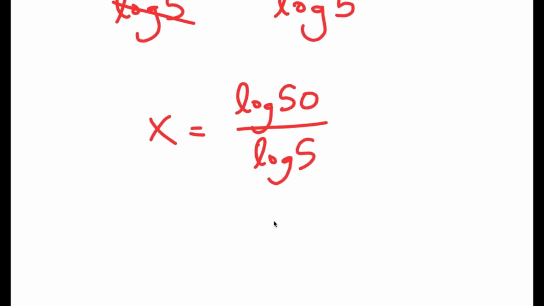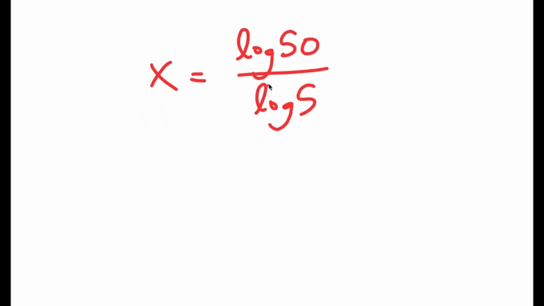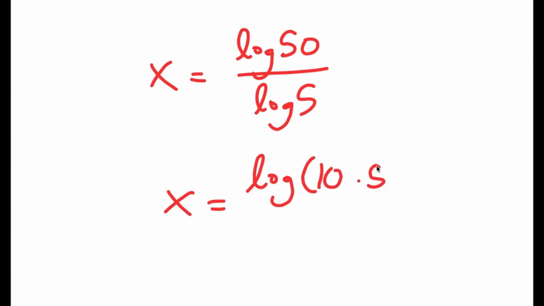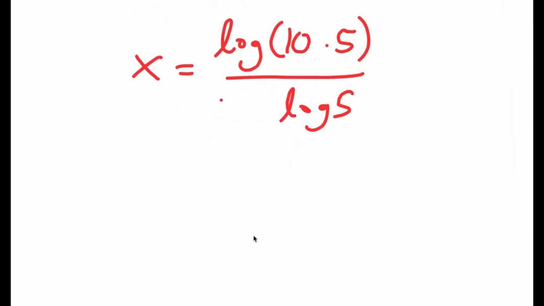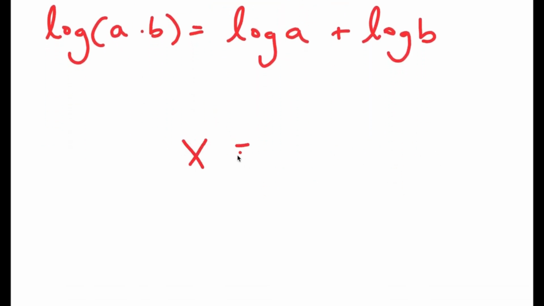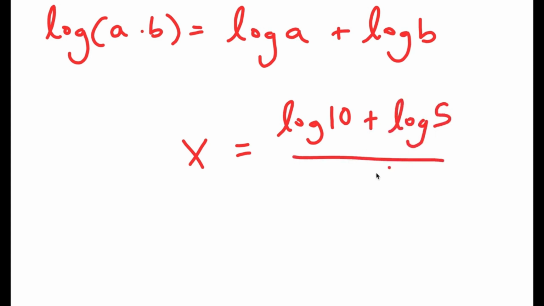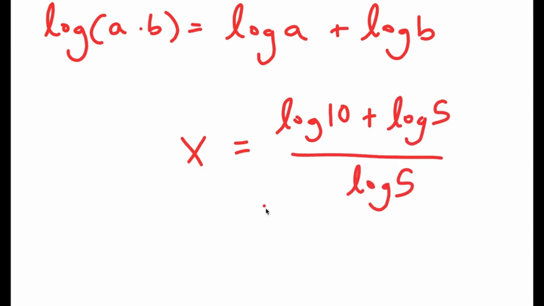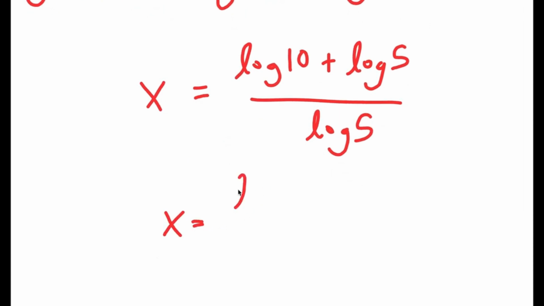And now, let's simplify this a little to get the exact decimal value. So log 50 is the same thing as log of 10 times 5. And another property of logarithms is that if I have something in the form log of a times b, this is equal to log a plus log b. So now this turns into log 10 plus log 5 over log 5,